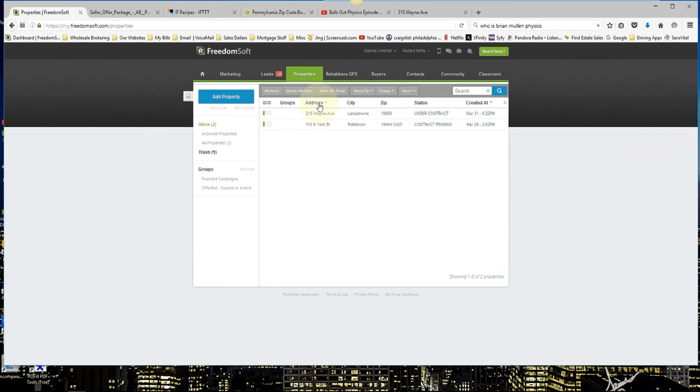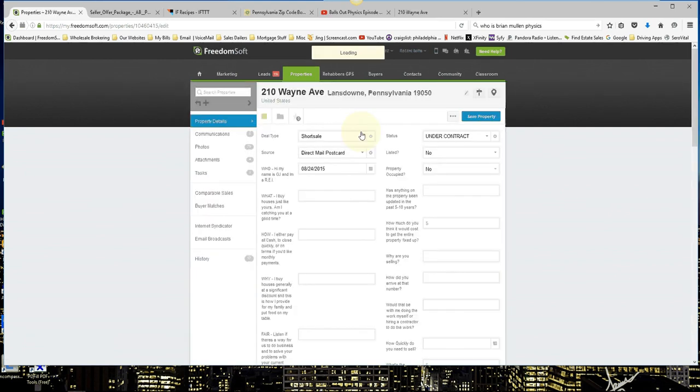My properties view is a lot smaller than the leads. Obviously, there's only 2 in here because these are the ones we're working on now. When you go into my property so that you can see them on your main dashboard, which is the first thing I showed you, you go back in here where the 3 buttons are, you click on it, and you would just